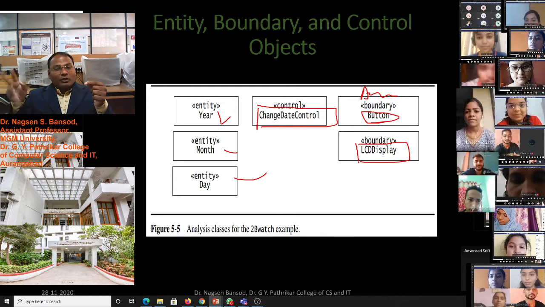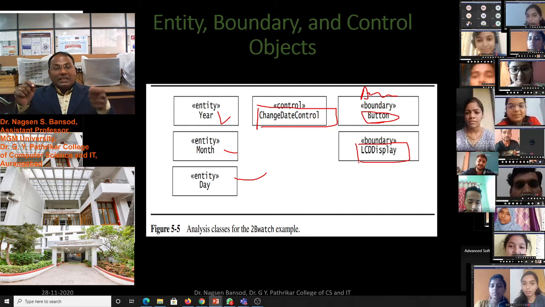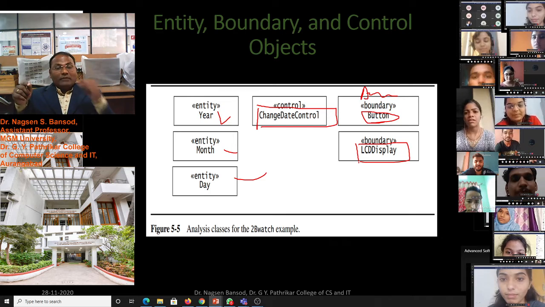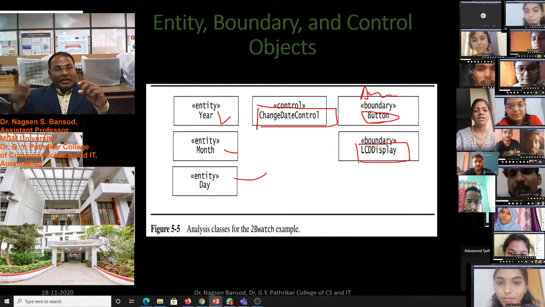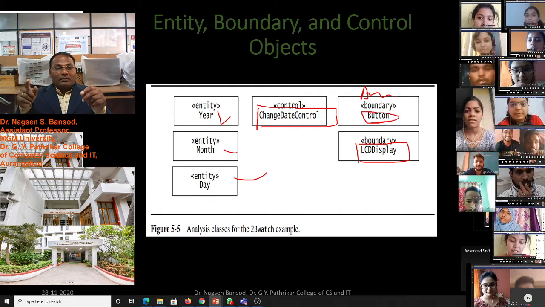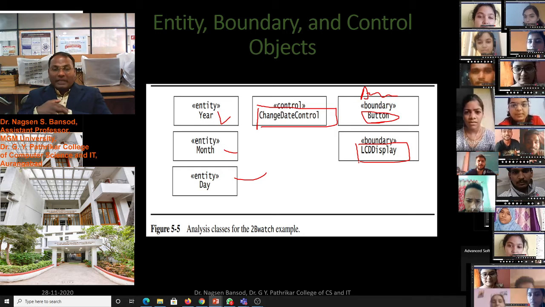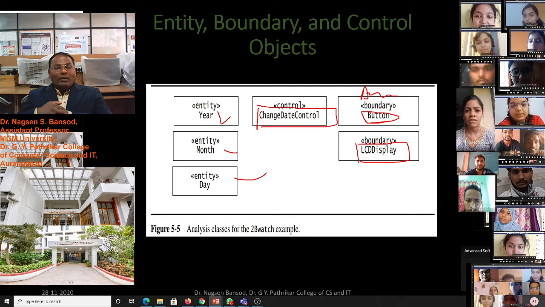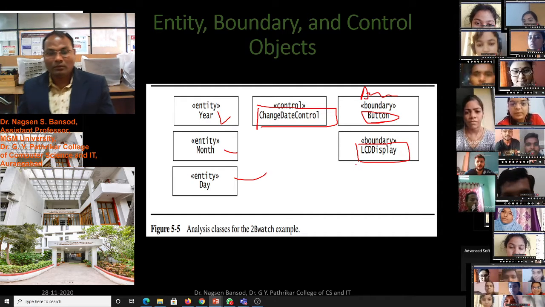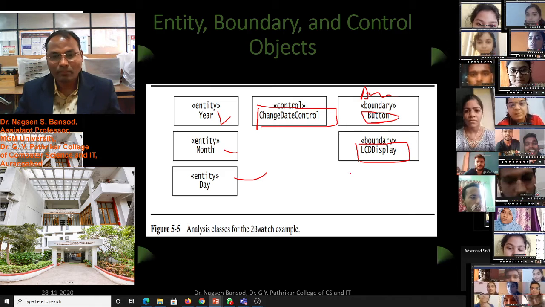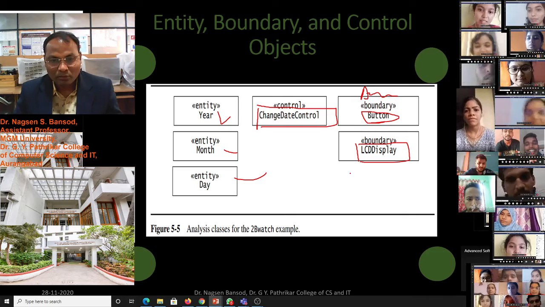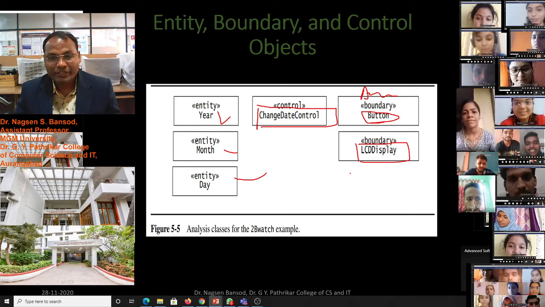If we press button 2, then minutes will be changed. If we press button 1 again, then the day will blink. Month, day, year will blink if we press button 1 of the satellite watch. Why? Because there is a boundary in the program for that button. This is the analysis class for the watch example.